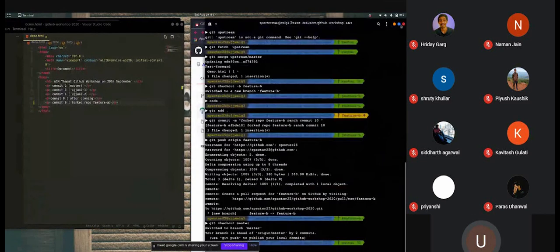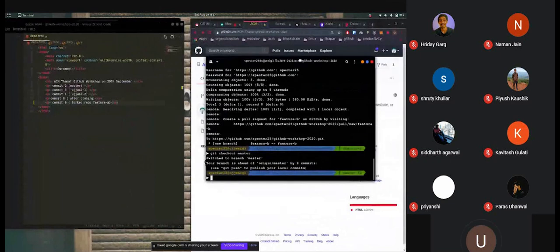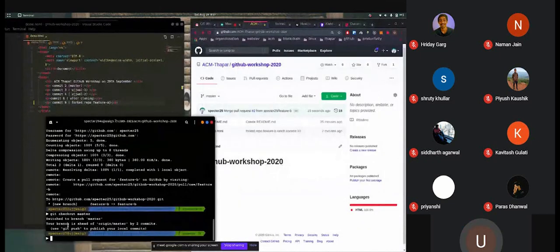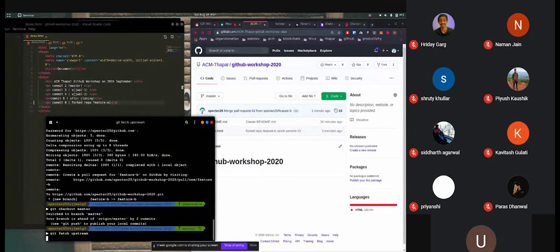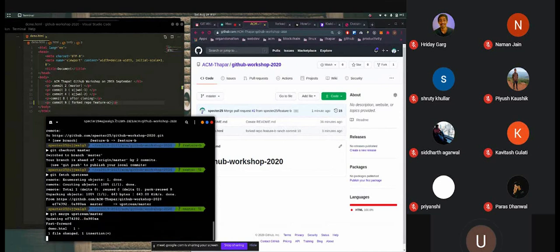So now I will again fetch the upstream. Upstream will point towards this repository. So I will fetch upstream and I will merge the master branch of the upstream remote with the master branch of our local repository.